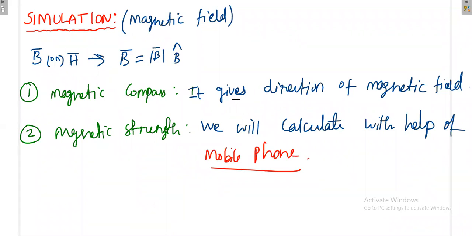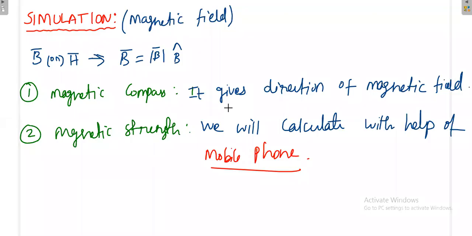Have you seen a magnetic compass anywhere? Anybody? Because this is an interaction class, you have to talk. I don't know how many of you are there, six of you, you have to talk. Have you seen a magnetic compass anywhere, in a watch? Okay, maybe. What about others? The needle that shows the north-south direction, that is the magnetic compass. Because once you know north and south, you can very easily calculate east and west.